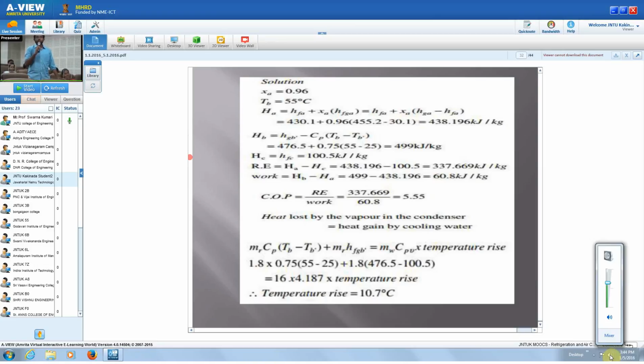We have dealt with a number of problems too, on how to calculate the temperature rises and coefficients of performance, etc. We have also discussed the multi-stage vapor compression system, and we have seen the advantages of multi-stage. Multi-stage is preferred whenever the required evaporator temperature is very low and the condensation temperature is very high, because the work input by a single compressor will always be more, so multi-stage is preferred. And also multiple